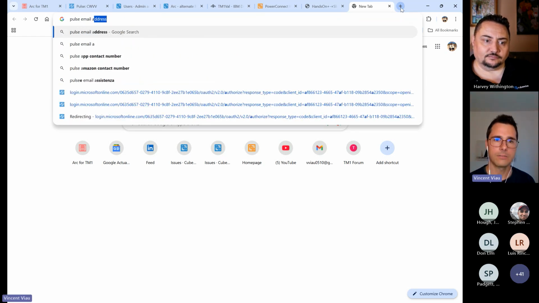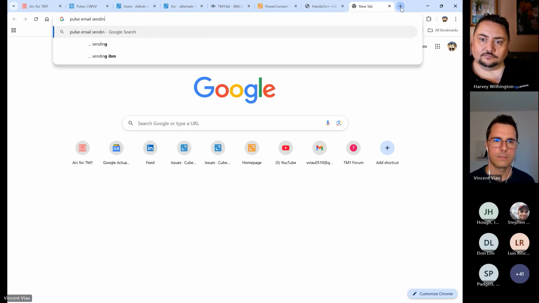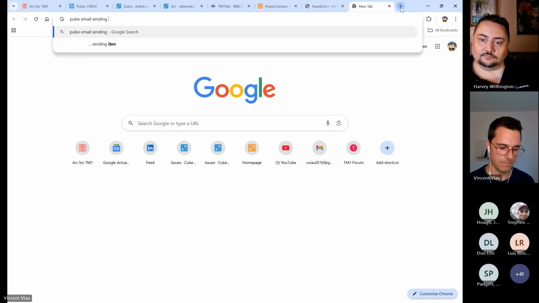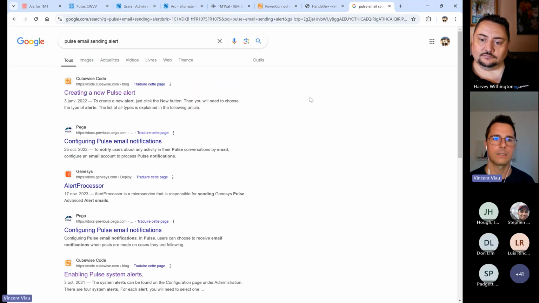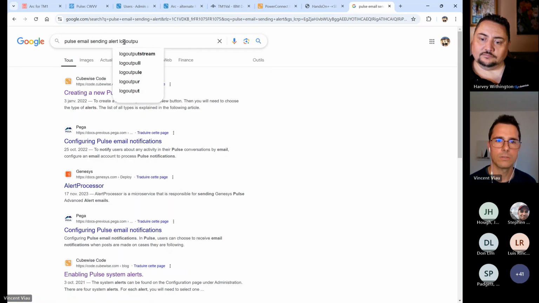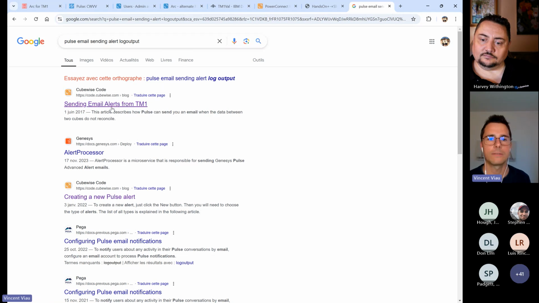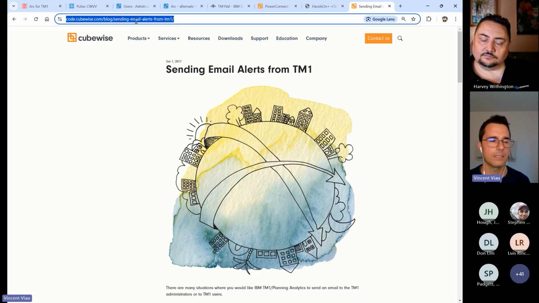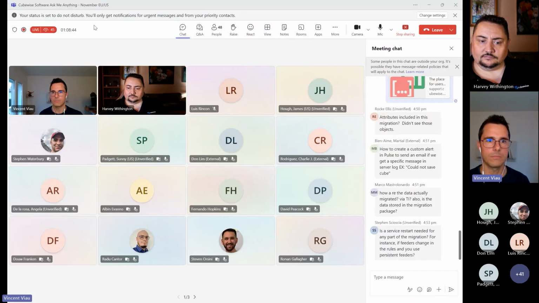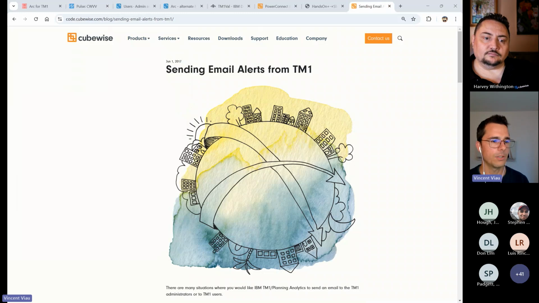We have email address sending. Let's see if I can find it here. We have, if you use the log output function, I don't have an example. Yeah, this one. I'll post the link here in the chat. So this is an example of how you can achieve this, and it's a really interesting use